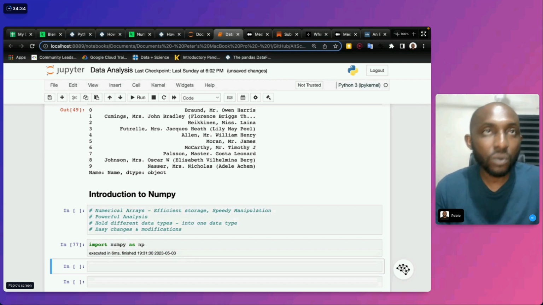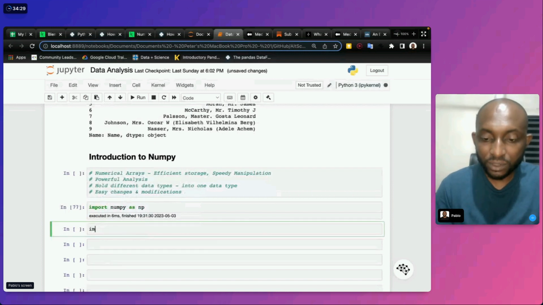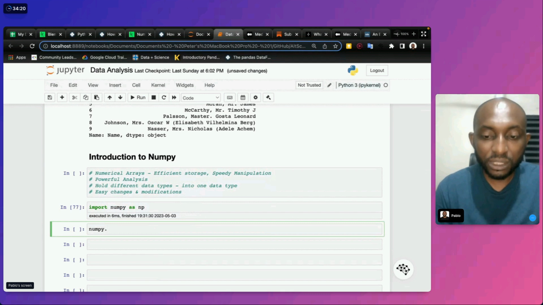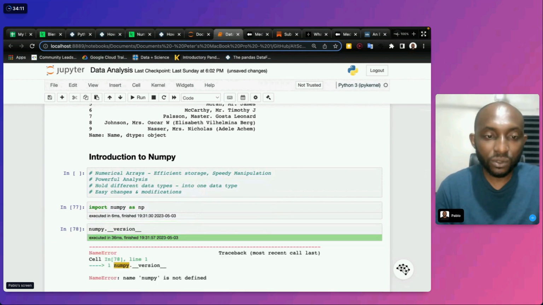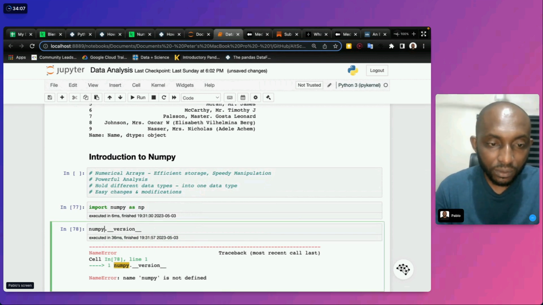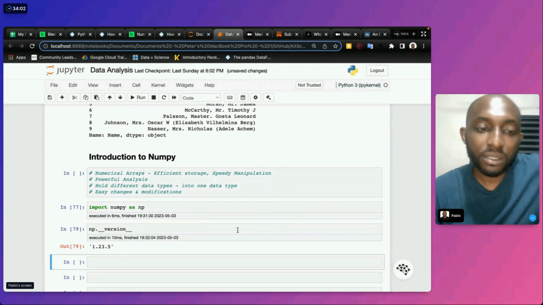You can also choose to figure out which NumPy version you're working with. You can type np dot double underscore version, a magic dunder method, and it will tell you the version.